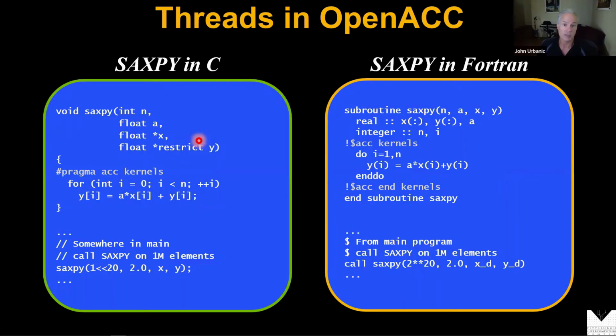There are multiple ways of doing threading. Threading, for example, in OpenACC is how we use GPUs. So if you do GPU computing, this is the best way to do it, is using OpenACC. It's a successor to OpenMP for GPUs, and it has the same directive-based approach. The directives are very similar. Here's a directive called kernels. It says turn this loop into a kernel that runs on the GPU. And then it goes and it takes this loop and runs it on the GPU.